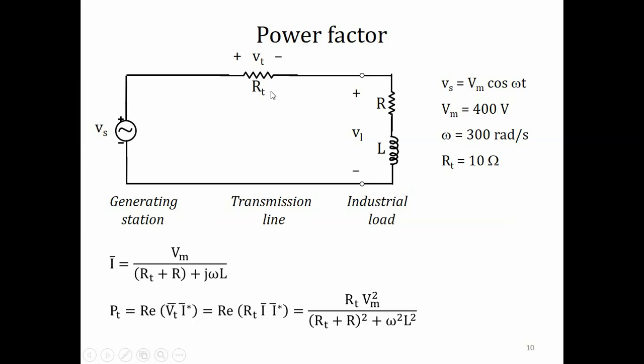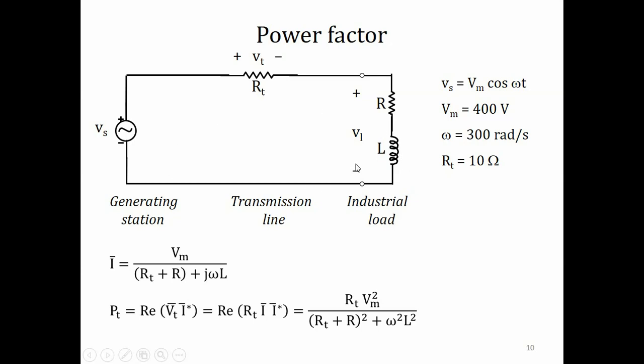So I've called that RT, T for transmission line. And let's say when the power is delivered, it is delivered to some very large industry, and that industry has a load which can be represented by a simple resistor and an inductor. These large industrial loads tend to be motors, very large high powered motors that are doing various kinds of things. And motors can be represented in their simplest case by a series combination of a resistor and an inductor. Very simple, but I want to make a point here.